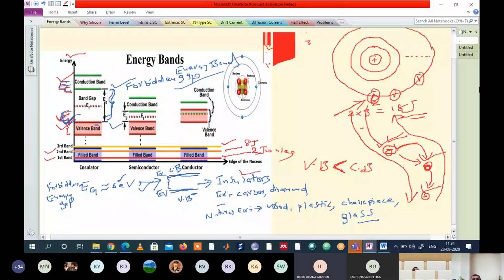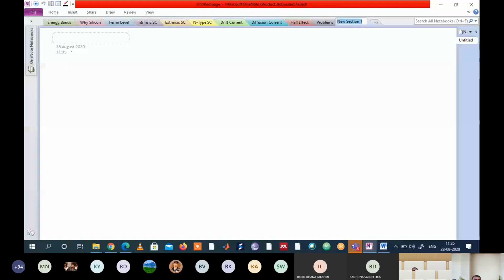Next, let us discuss the second point. The second point is energy gap Eg. Energy gap Eg is less than 6 electron volts, or it is approximately equal to 1 electron volt. If energy gap Eg is equal to 1 electron volt, that means